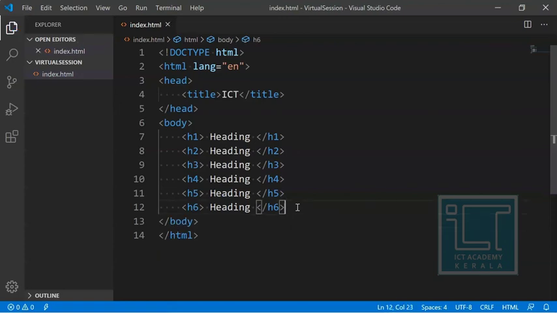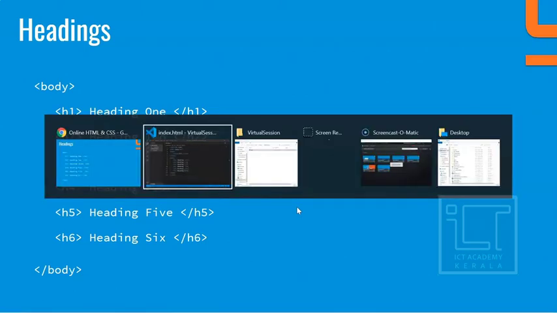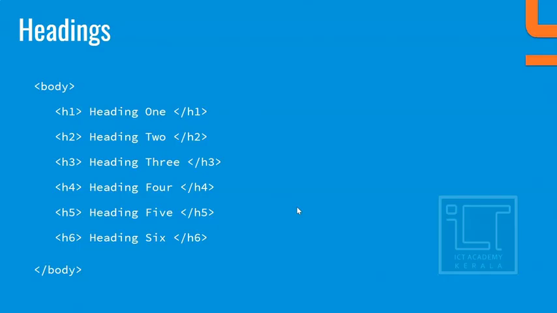So let's look into it. What we can see is what we have already typed inside. This is ICT. Did you see anything? No. So what we have to do is reload this page, that is, refresh that particular page in order to see the changes that we have written inside Visual Studio Code.